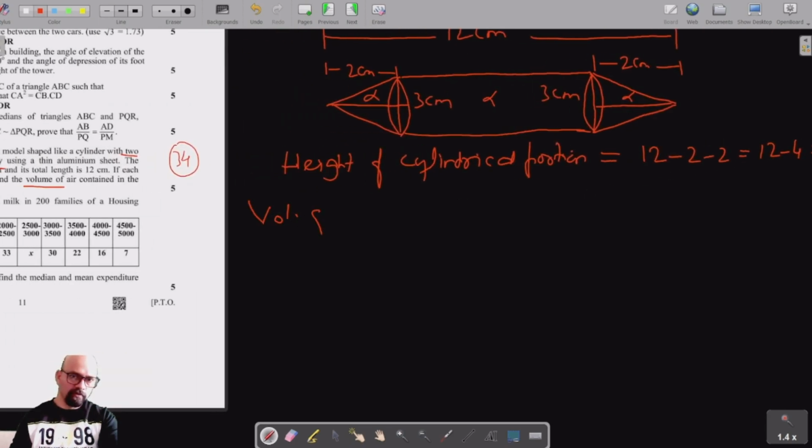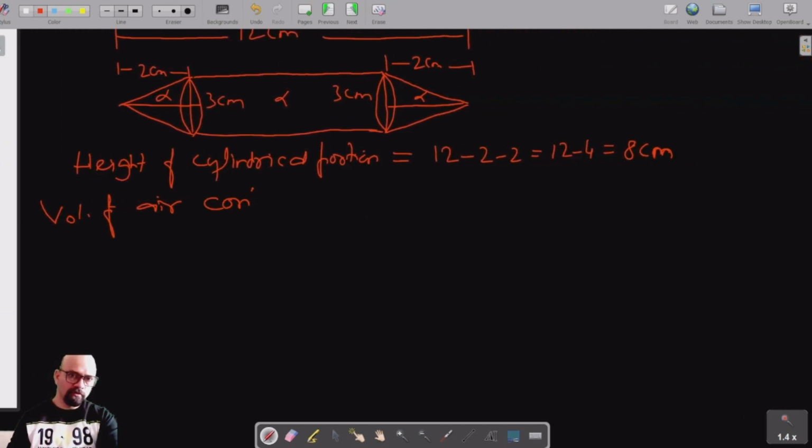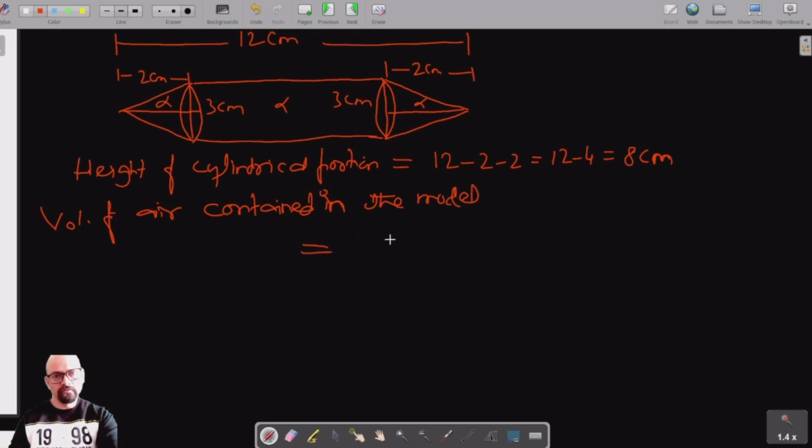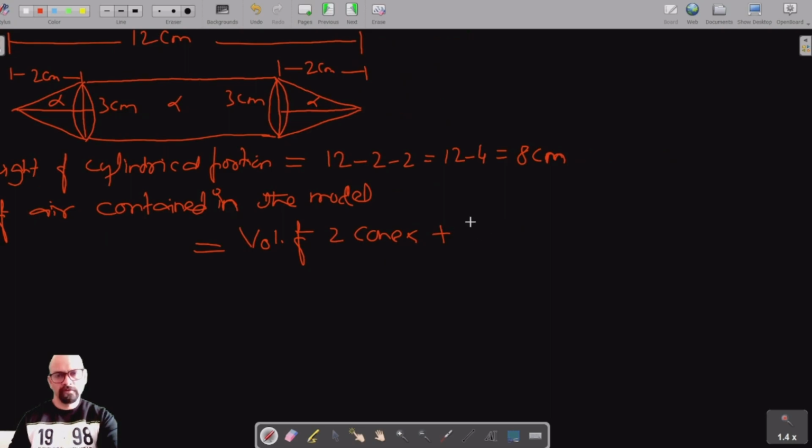Now, the volume of air contained in the model is equal to the volume of cones plus